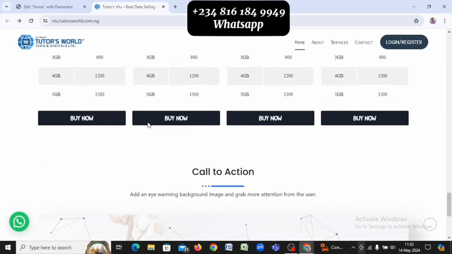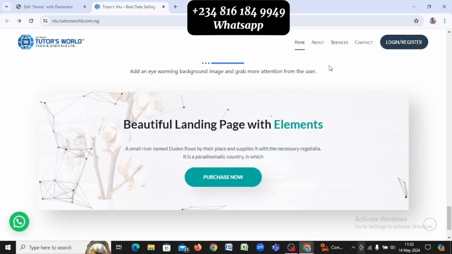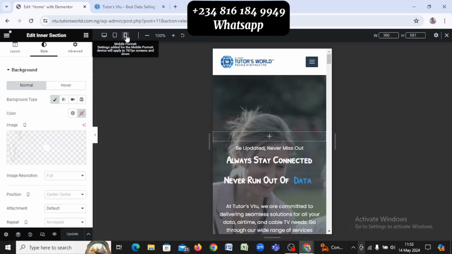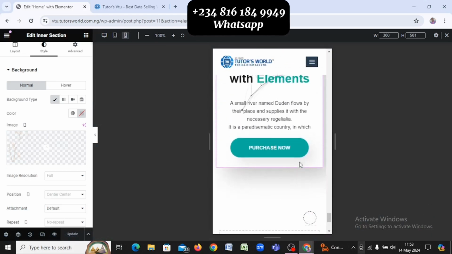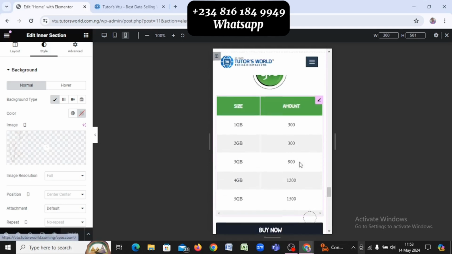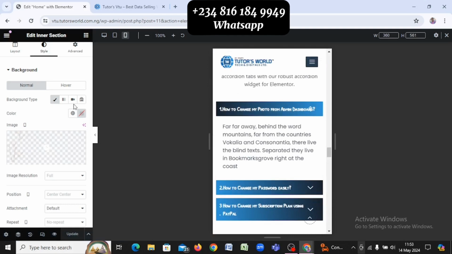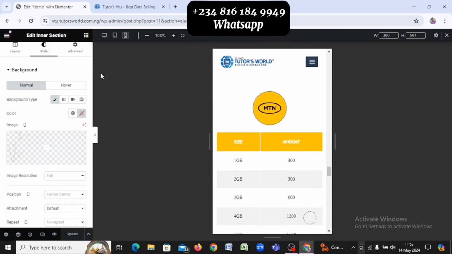We have this and it's looking okay. So we have them, they are ready here. What you want to do is ensure that it also works well on your mobile device. So check through on the mobile device, how is it looking. If there's anything that needs to be changed, get it changed. And after all that is done, and you do not have any other adjustments, you just need to go back